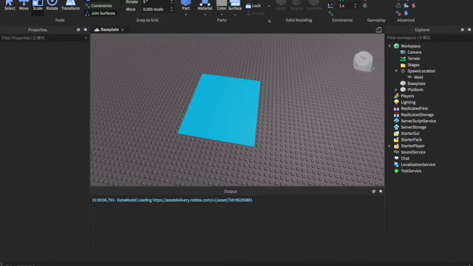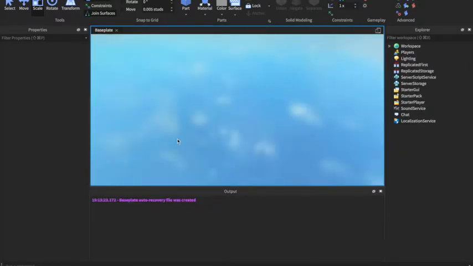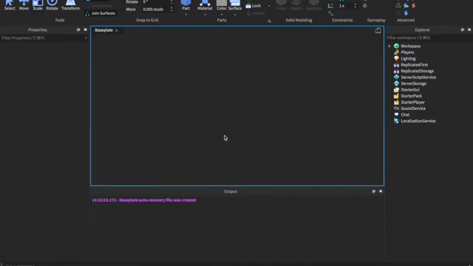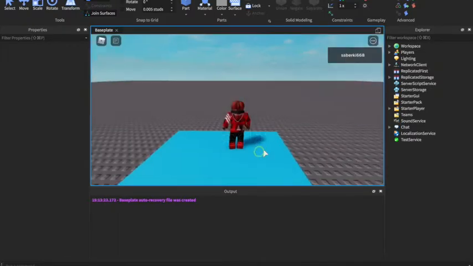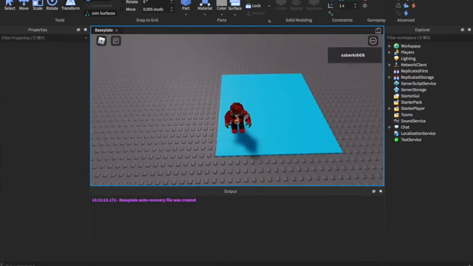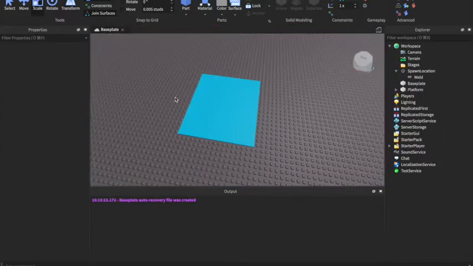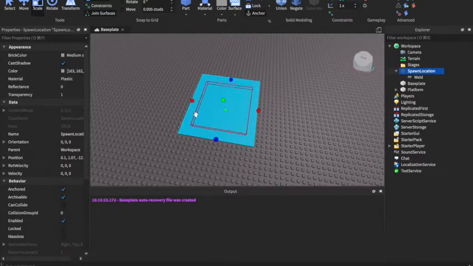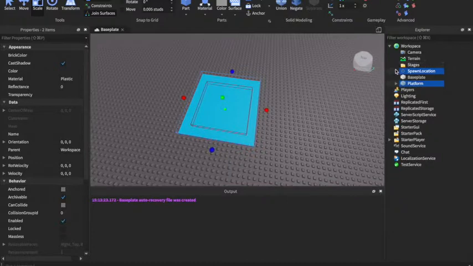And for those basic beginners, if you don't know what a spawn point does, let me show you. If you click play, as you can see, you spawned right on top of this platform. So if you click stop